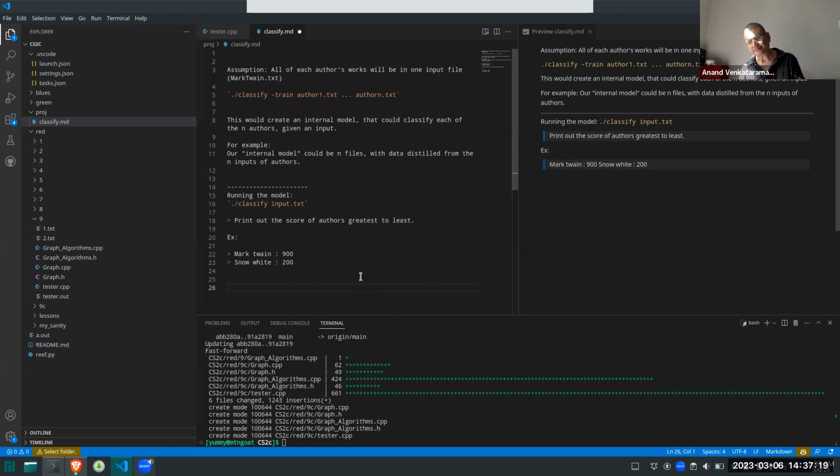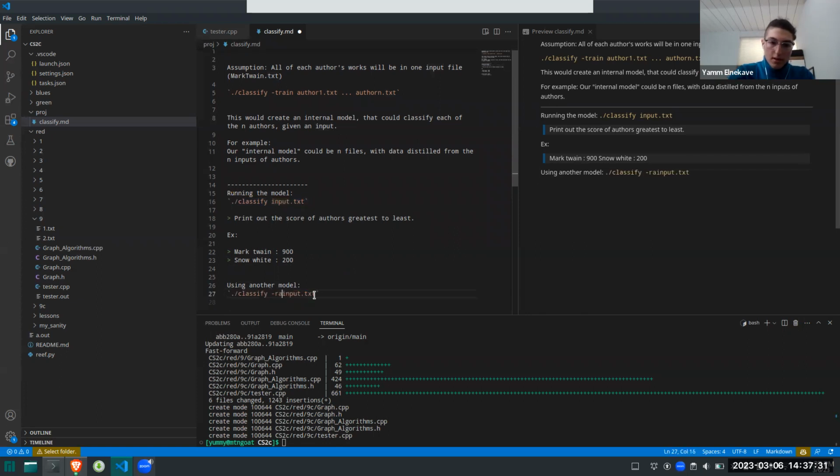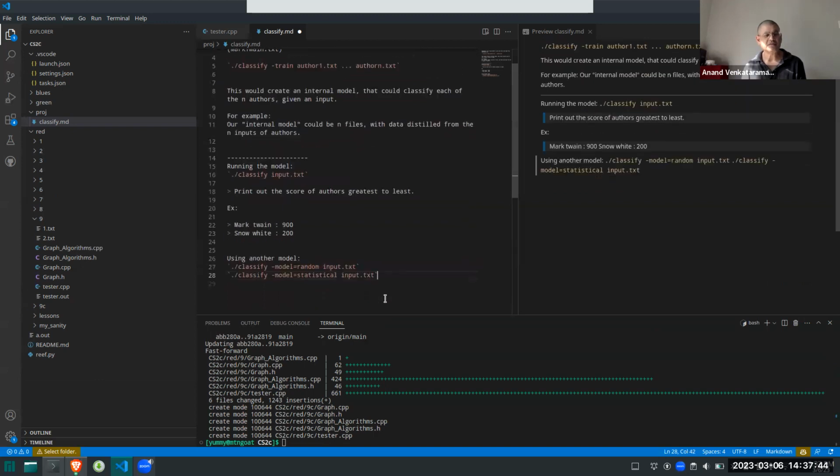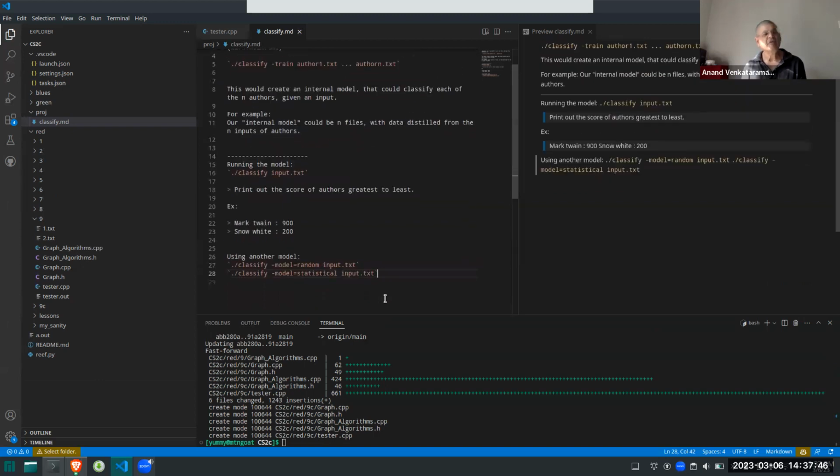So for instance, using another model, like model equals random. You don't have to do all of it.